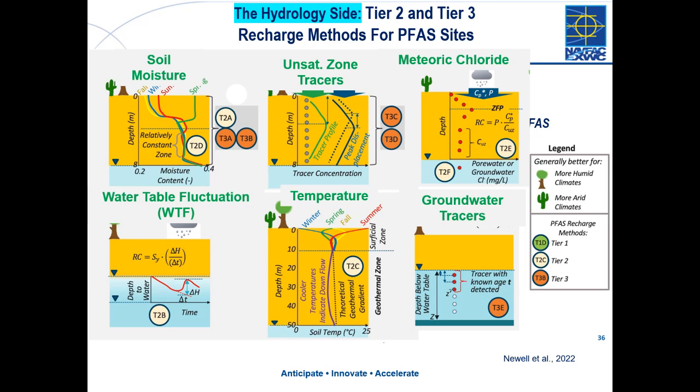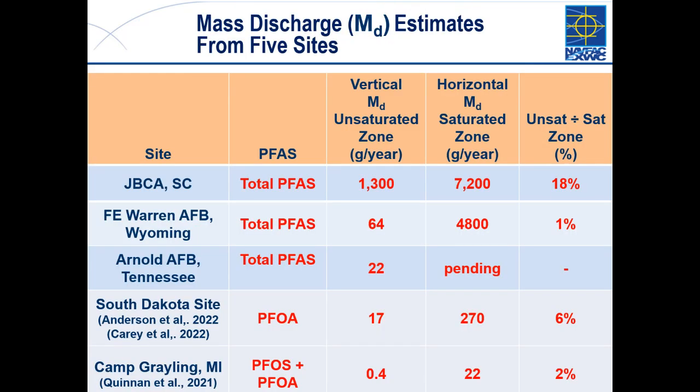So let's go to 37 and sort of wrap up the mass discharge part. This is still early in the game. There's this tsunami of RI studies that are coming out, but this is very preliminary. And here's a graph of these 5 sites, and we're looking at these different elements. And what's the key takeaway from this data of mass discharge, Charles?